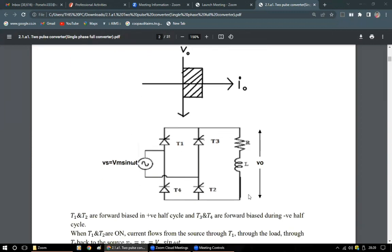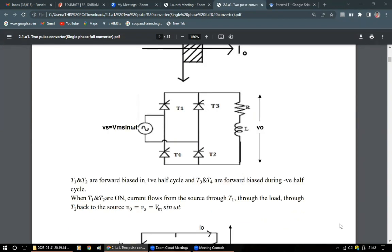This is the circuit diagram of the single phase full converter, which is in the bridge configuration. We have four thyristors T1, T2, T3, and T4. And the input to the bridge configuration is single phase AC voltage. The output RL is connected across the bridge configuration. Thyristors T1 and T2 are forward biased in the positive half cycle, and T3 and T4 are forward biased during